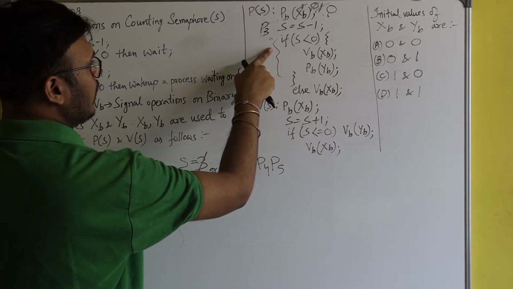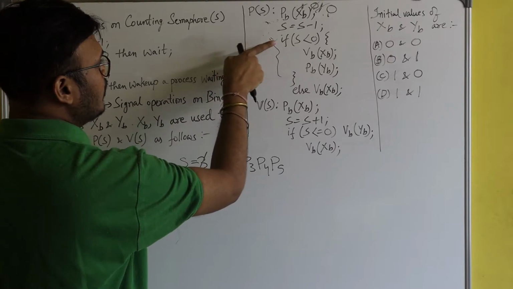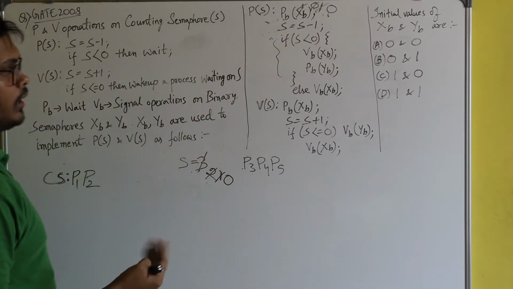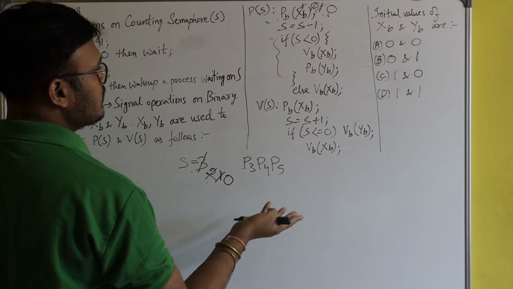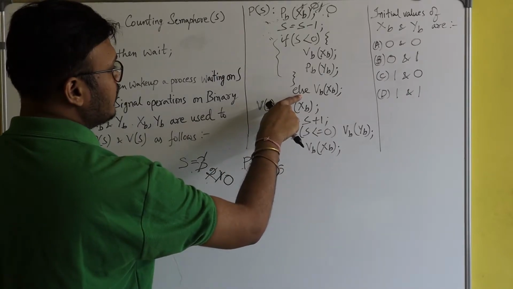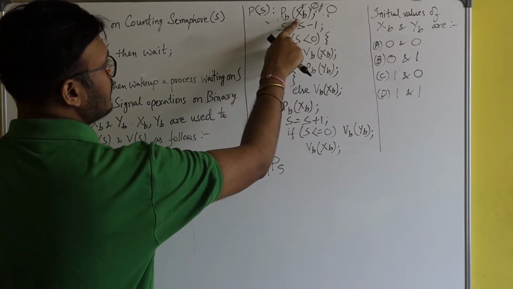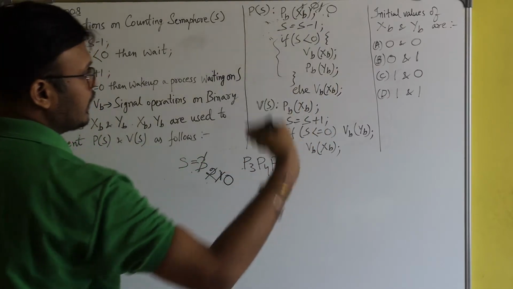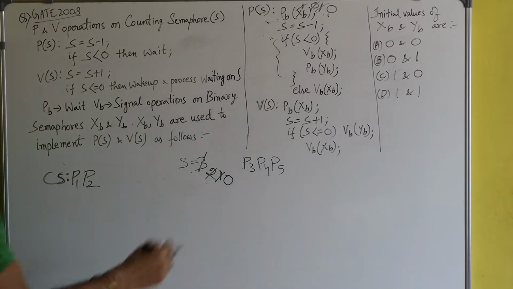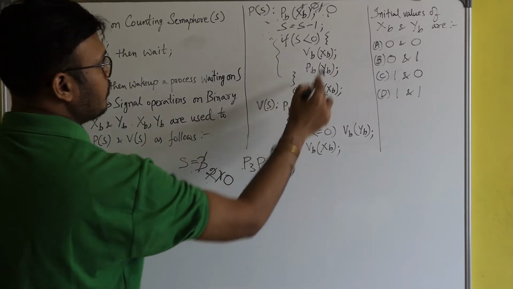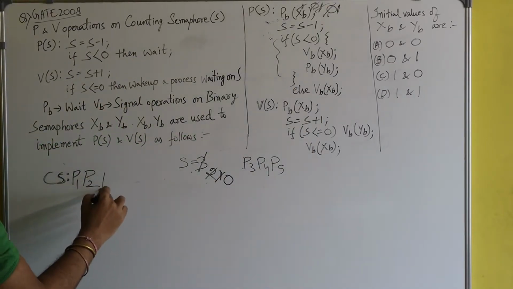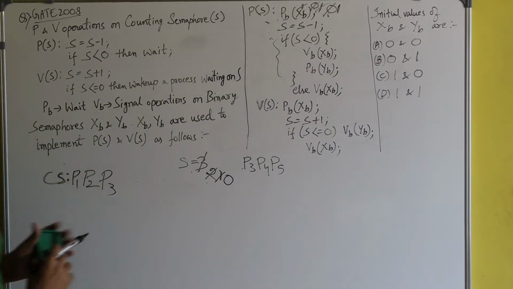Now P3 will come here and check this if condition. If S is less than 0, no, S is not less than 0. So everything is fine, and P3 can enter inside the critical section. Before this, P3 will give the signal to the semaphore variable XB, so that other processes can also execute this. Due to this operation, the value of XB has become 1 again, and P3 has finally got the entry inside the critical section.